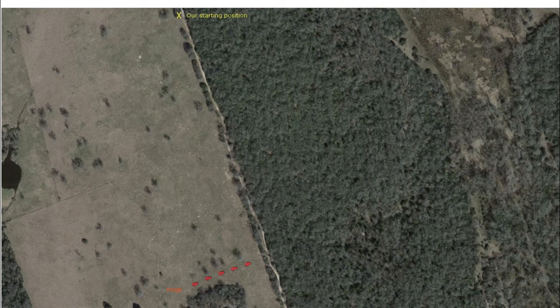The wind was from the north, but barely moving, so we hustled from our observation position at the top of this map down to the southern end in an attempt to get into shooting position before they disappeared. It was getting dark quickly, which didn't bother me, but my buddy has no night vision gear and needed some light to shoot. We had to travel about a quarter mile to get into place, and by the time we